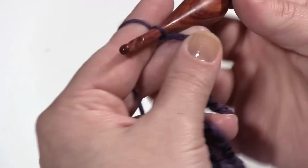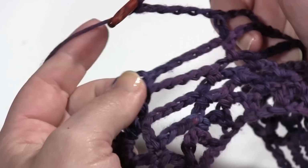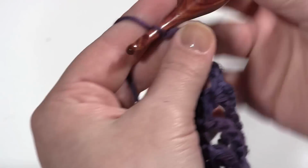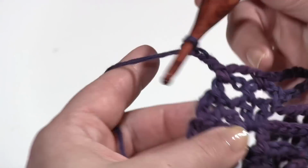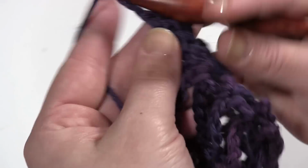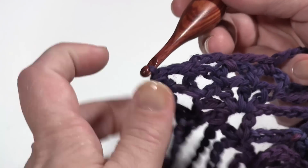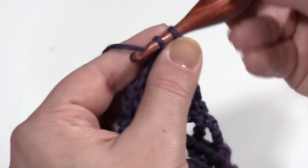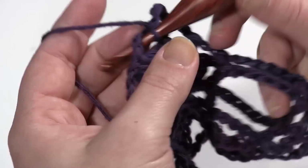Chain 5 again, although in this one we don't have a whole lot further to go since it's so small to begin with. Come to the next chain 3 loop, single crochet in it, chain 3, single crochet in the next chain 3 loop, chain 3, single crochet in the next chain 3 loop, and this is our last berry for this round, so I'm going to go ahead and chain 1 and double crochet in that last chain 3 loop. Okay, now we chain 1 and turn, single crochet in the chain space, chain 3, single crochet in the next